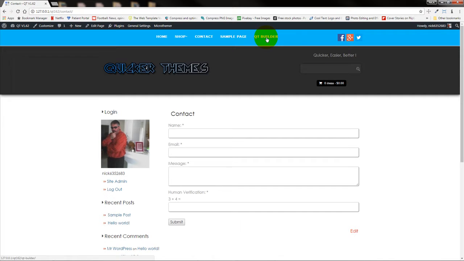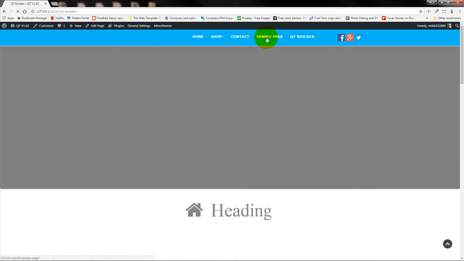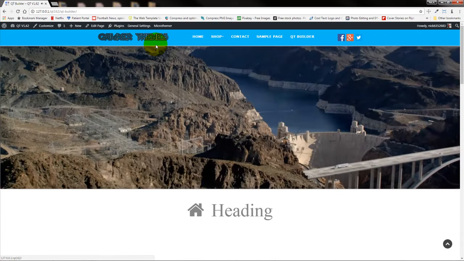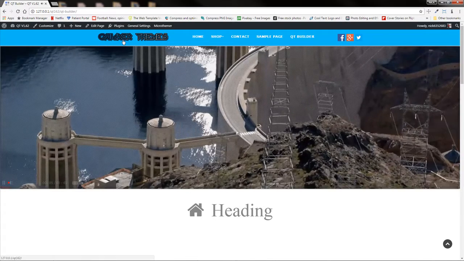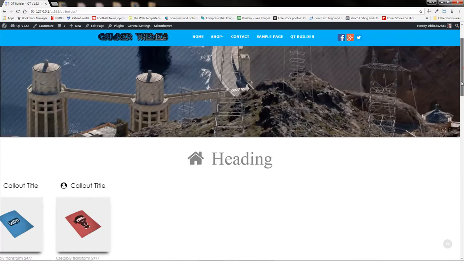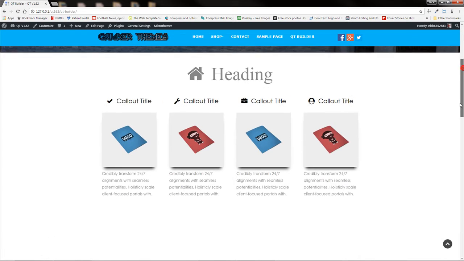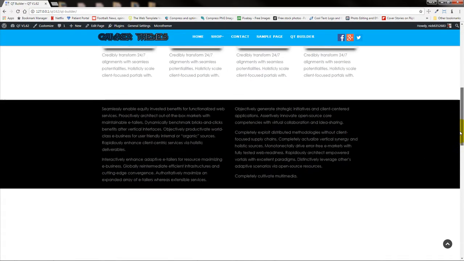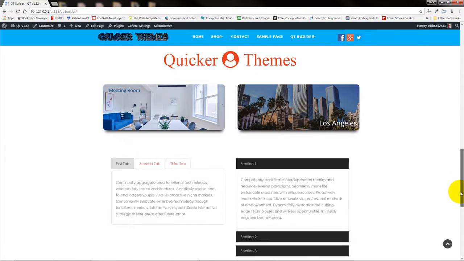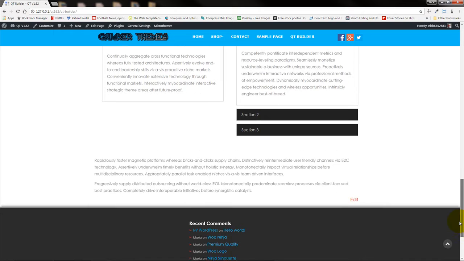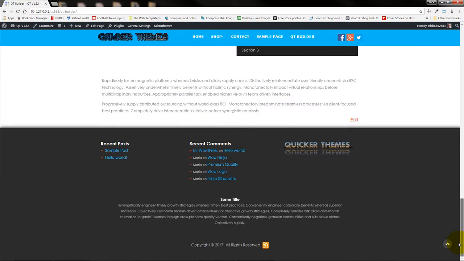And if I go to the Qt Builder page, we're gonna have the rows animated too, along with the logo on top. So as I'm scrolling down, the animations are activated one by one. Okay,